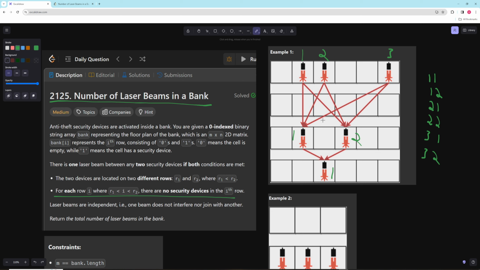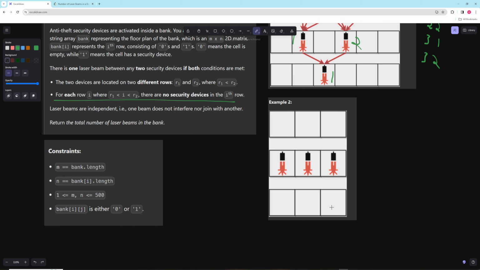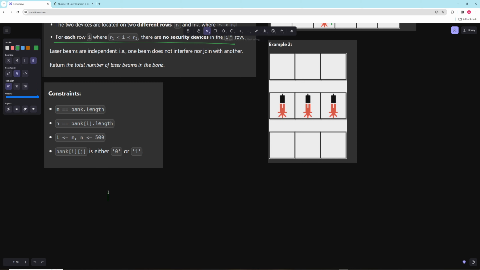You basically just look at adjacent rows, and every time there's an adjacent row, the number of laser beams will just be the top row times this row. So here there's 3 times 2 plus this part here, which is 2 times 1. And in the second example, there is 1 row of devices, but there is no other matching row of devices. But yeah, so pretty much all we have to do is like our algorithm is just go through each row,